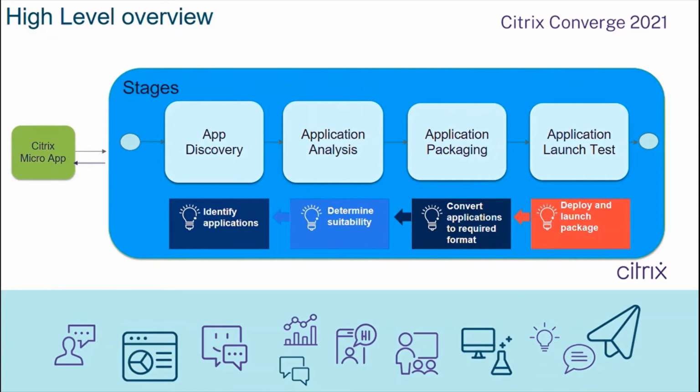We can invoke the application packaging and delivery pipeline through Micro App cloud services. I will show you the high-level architecture in the coming slide. You can call the application packaging and delivery pipe through a Micro App service. A Micro App service is nothing but a small task-specific application. It can deliver actionable forms and notifications. I will show the Micro App and application packaging delivery pipe integration in the coming slide. Moving on to the next slide.